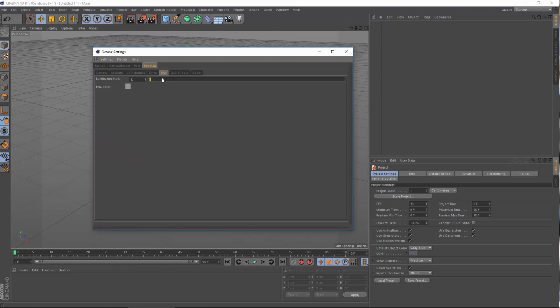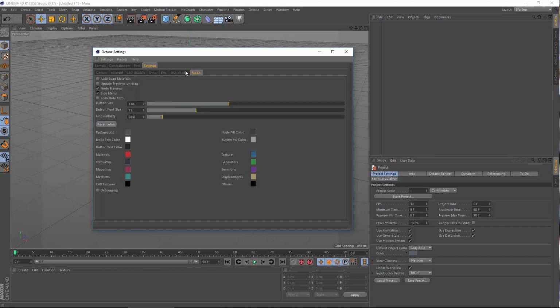Environment, not really interesting. Out of core might be interesting, because if you have this ticked on, all the textures are getting loaded in the CPU RAM instead of the GPU RAM, which can help to save some space. And if you're already low on RAM on your card because the scene is so big, I would recommend to enable this, so that at least the textures get loaded into the CPU RAM and are not saved on your graphic